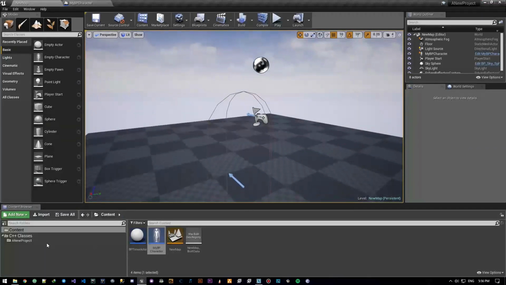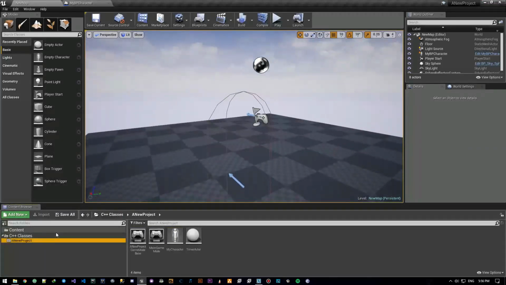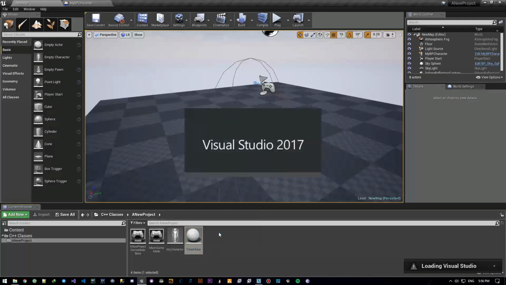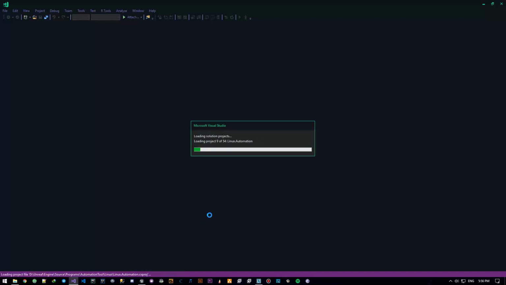Now let's go ahead and create our timer in C++. Now here's the thing. I've already created a timer actor because everything in C++ takes thousands of years of time. So we're going to go ahead and open this now, and because compilation is going to take a long time, not this one, it's not going to take that long, but,